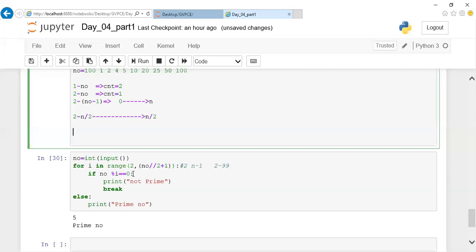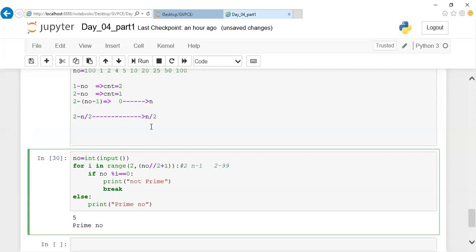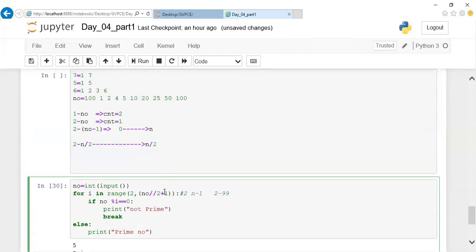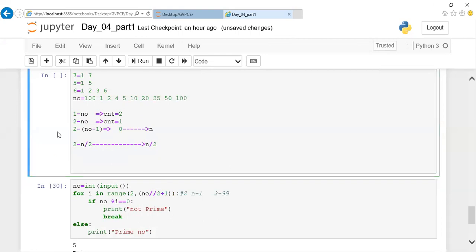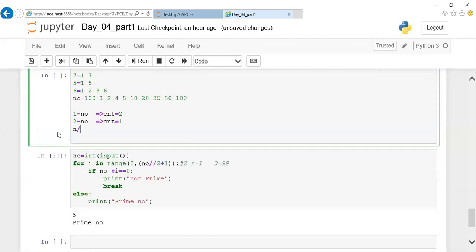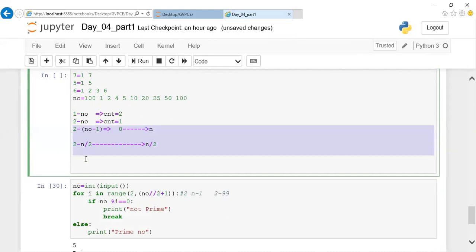Here, I told you that this is not the optimized way. Even this is not the optimized way. You're going to optimize further. So what I'm going to do is go only till n by 4 times, not n by 2 times. I'll show you what that is. The next more optimized way is to go to n by 4, the given number divided by 4.